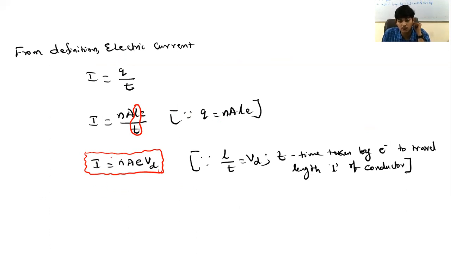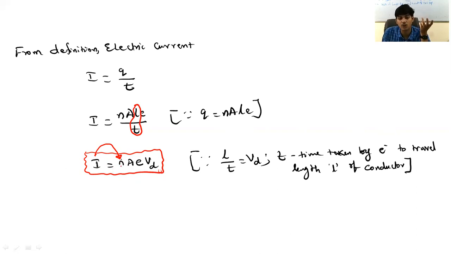You should observe here that the amount of current flowing through any material or in general a conductor depends upon the number of electrons present per unit volume of it. The more electrons present per unit volume of the conductor, the more is the current flowing through it. The fewer the electrons present per unit volume of that material, the less is the electric current flowing through it. The amount of current flowing depends upon the number of electrons present per unit volume in that material.